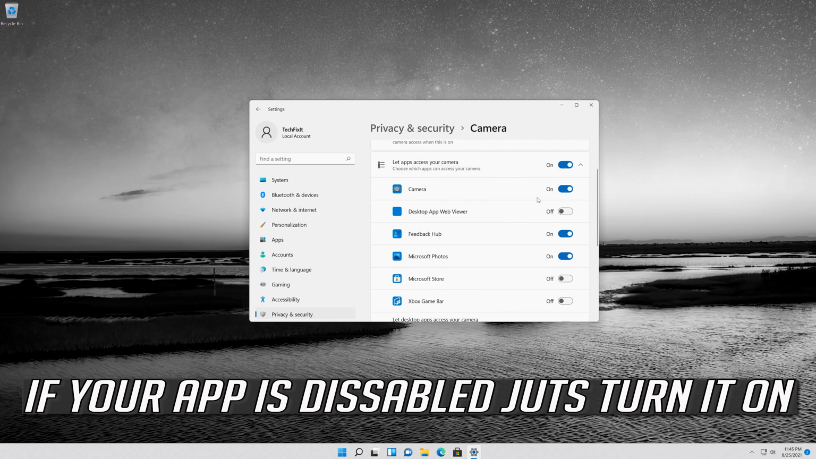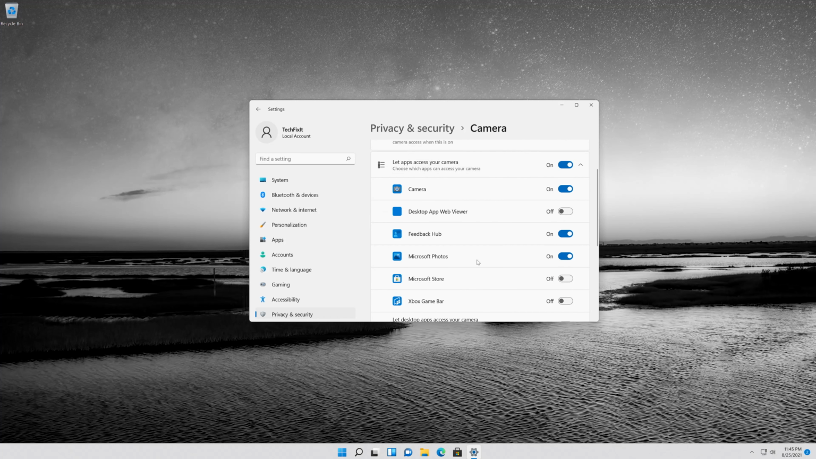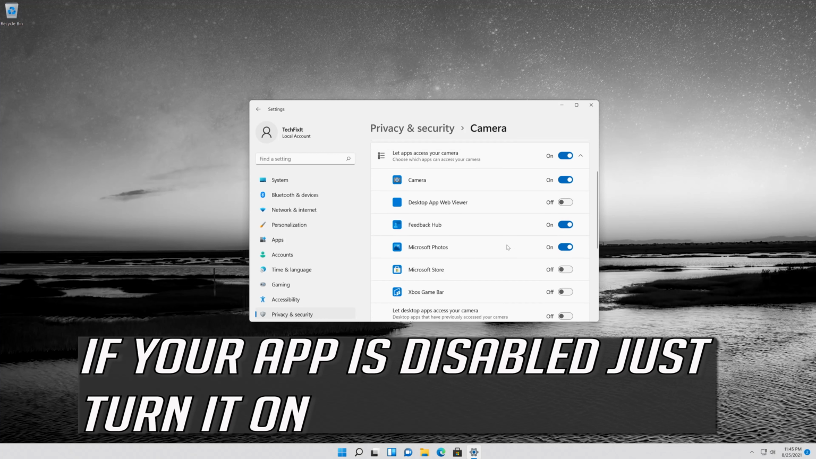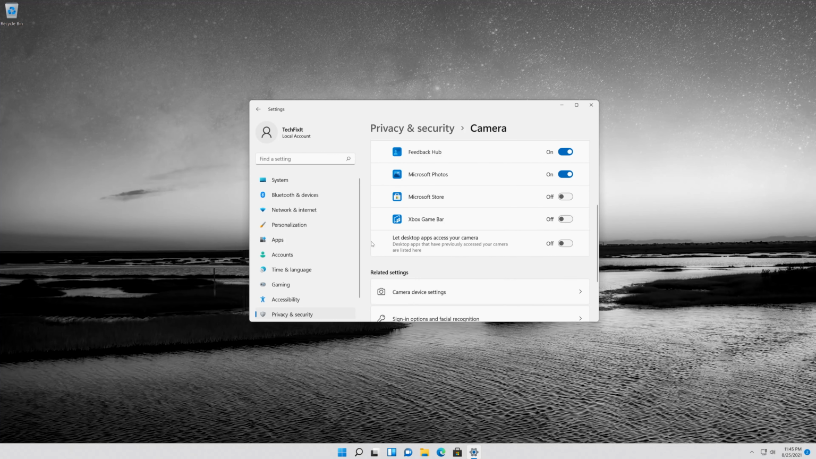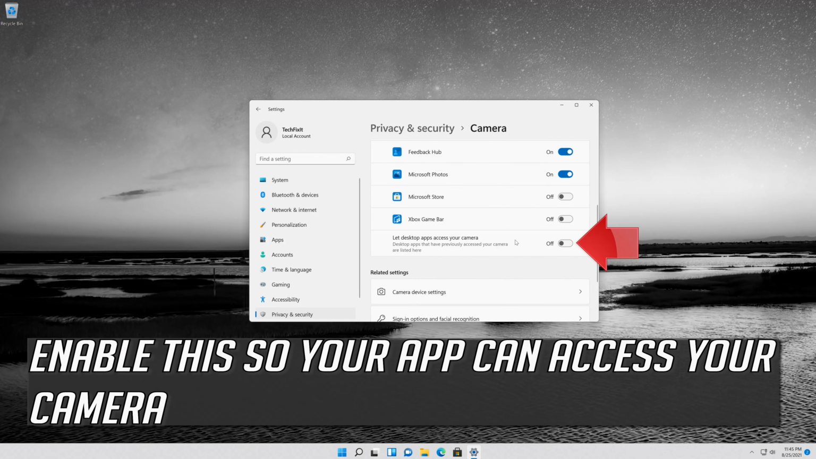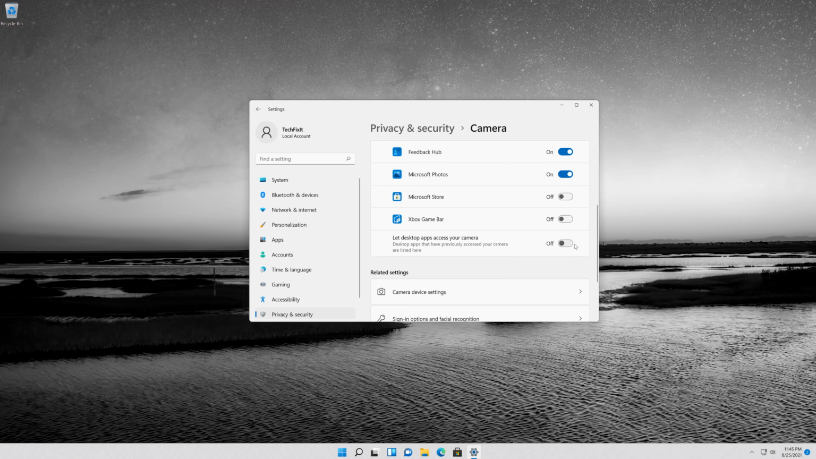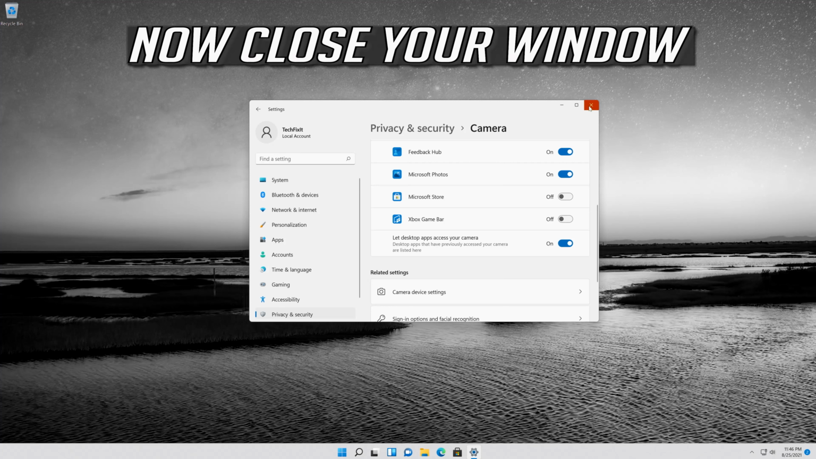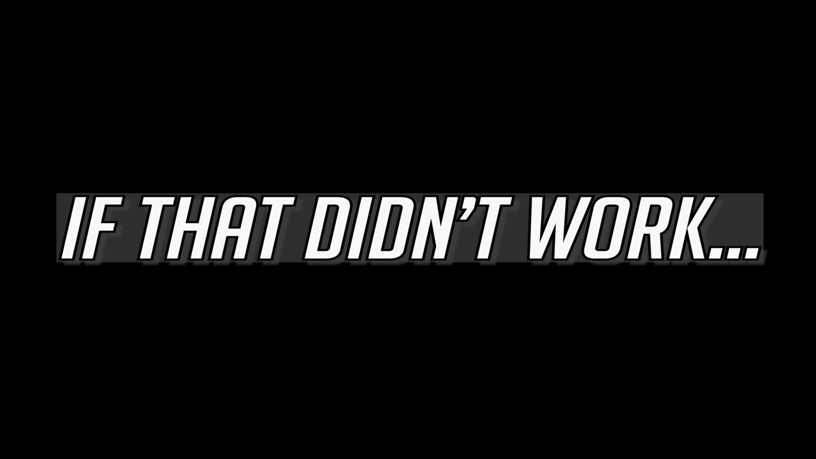Scroll down and check if your app can access your camera. If your app is disabled, just turn it on. Enable this so your desktop apps can access your camera. Now close your window. If that didn't work,